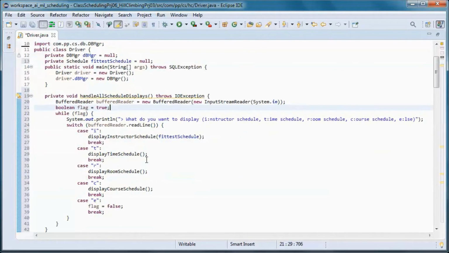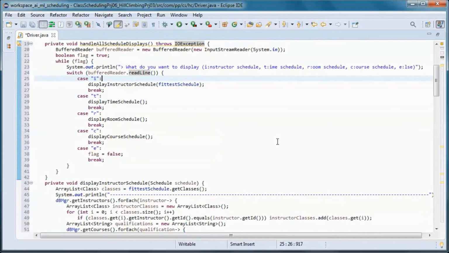So this method handles all schedule displays. So either instructor schedule display, or time schedule display, room schedule display, course, and otherwise.